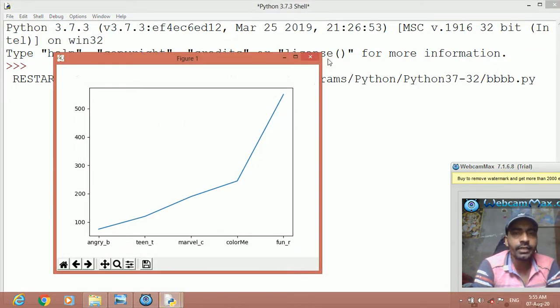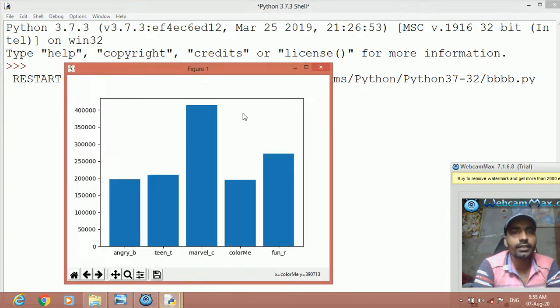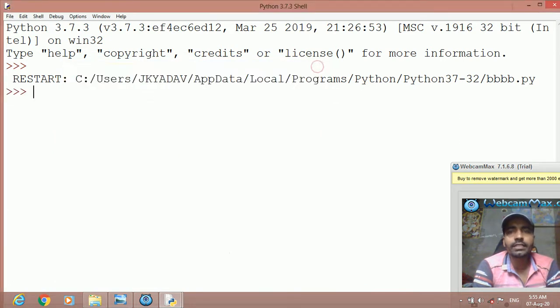This is the line chart. Now close this and you will see the bar chart. This is the bar chart depicting the downloads of different apps. Now further it is saying